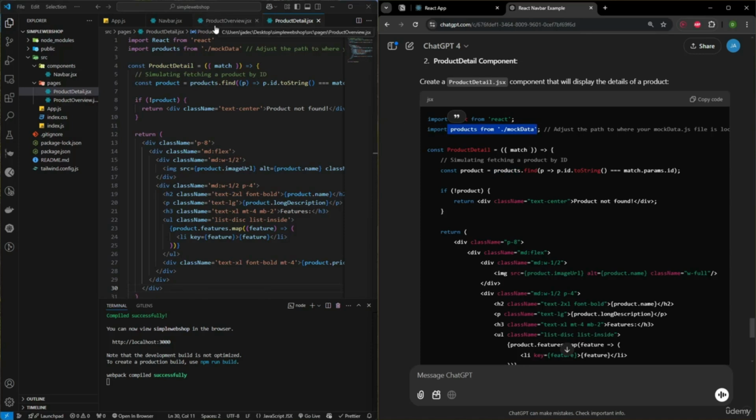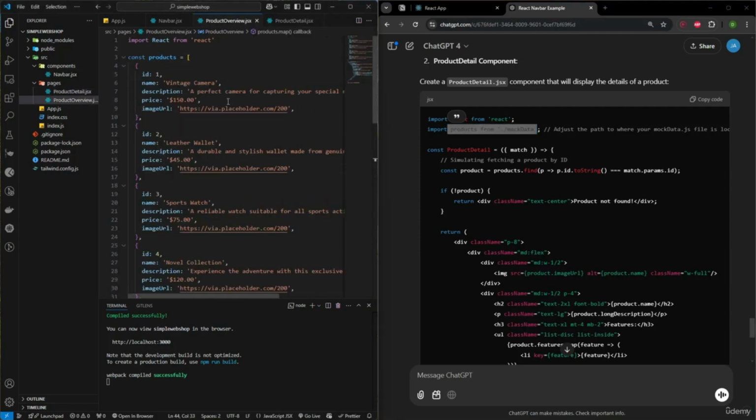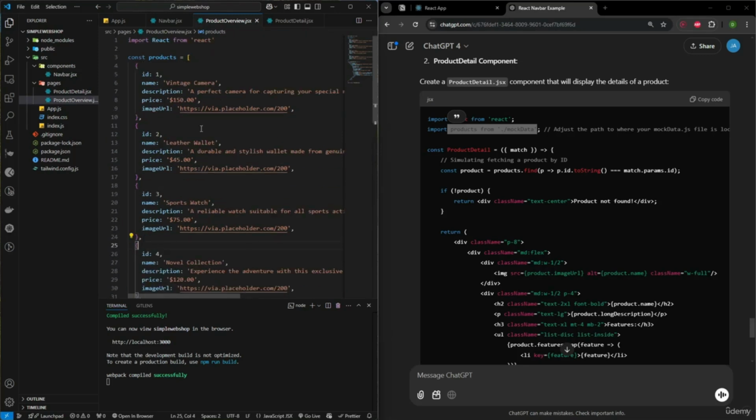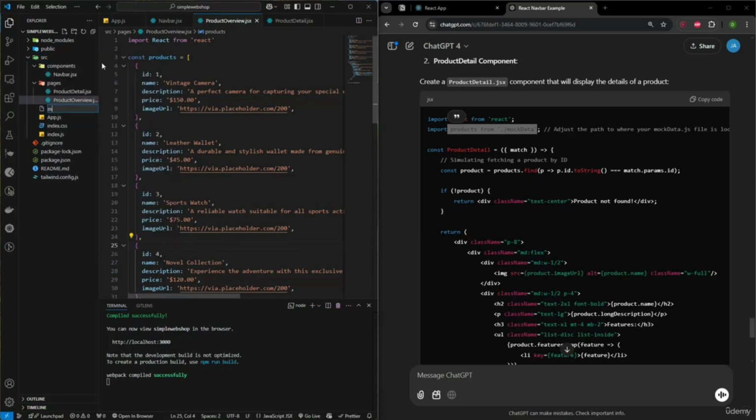Because we don't have our mock data in a separate file, he can't access these products in our file, because we have all our mock data inside our products overview page. So it was indeed a good idea of ChatGPT to put the mock data into a separate file. So I will also create a separate file in the source directory and call it